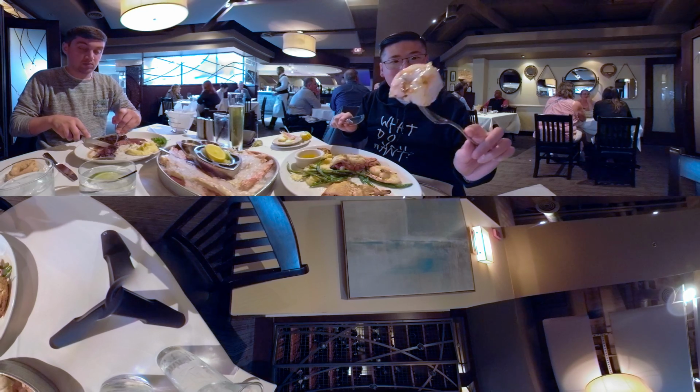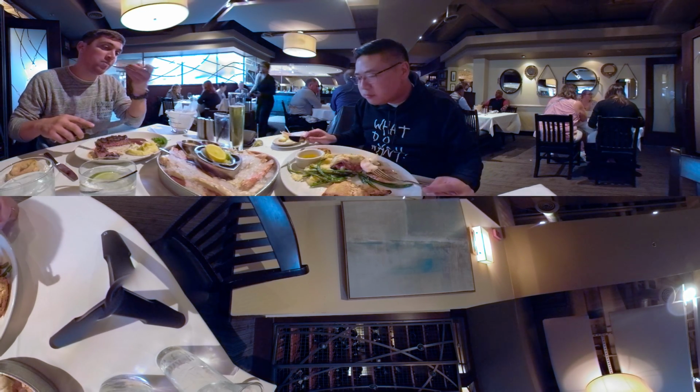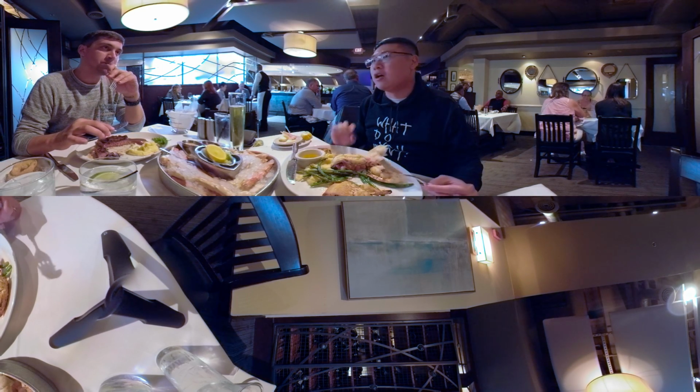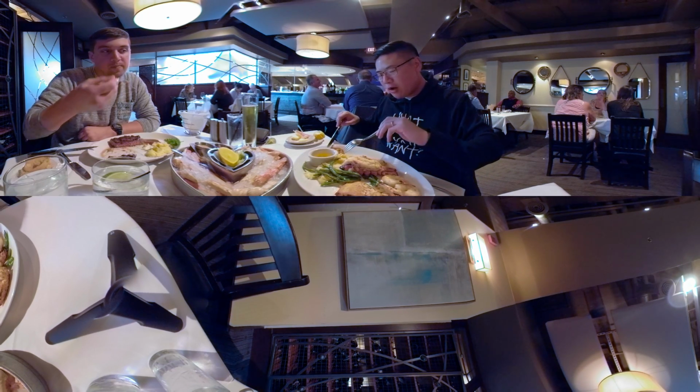Let's try this shrimp. Giant shrimp here, guys. Look at that, big piece of shrimp. Shrimp is done just right, not overcooked. So good stuff. Perfect. What I'm really excited to try is this